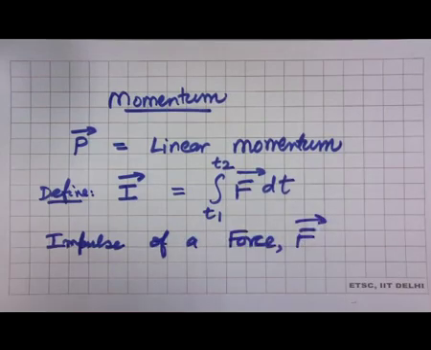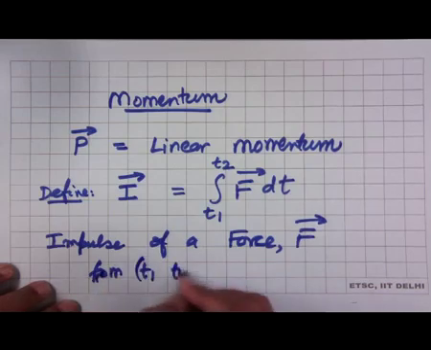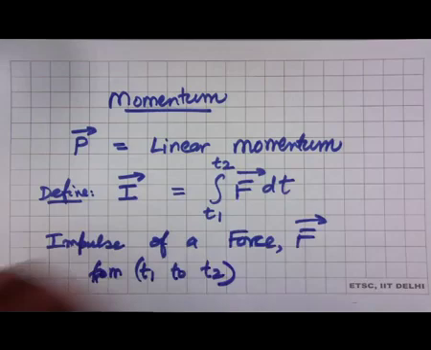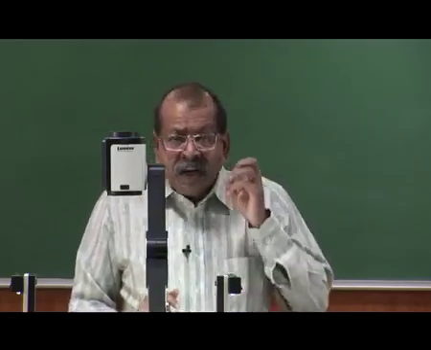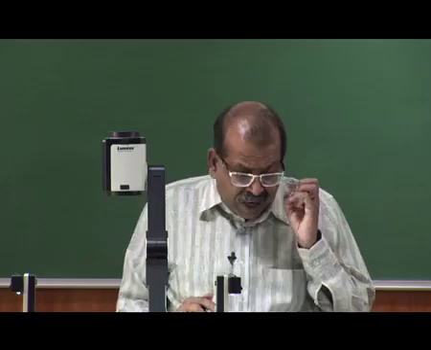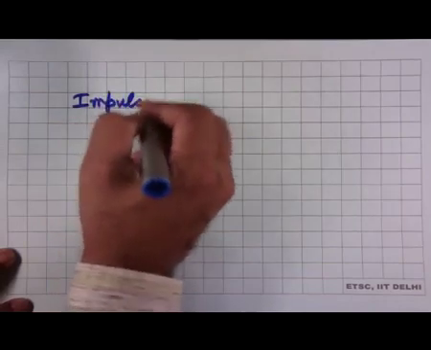So, if there is a force F acting on a particle from time t1 to t2. When we talk of impulse, there are three things involved. There is a force which is acting on a particle, and it is acting on the particle over a particular time interval from t1 to t2. If that is so, then we should be calling it the impulse of a force F